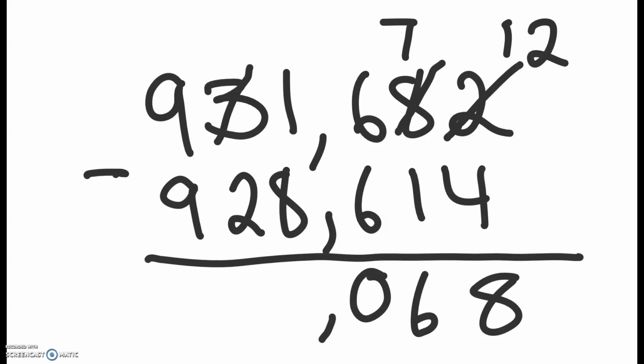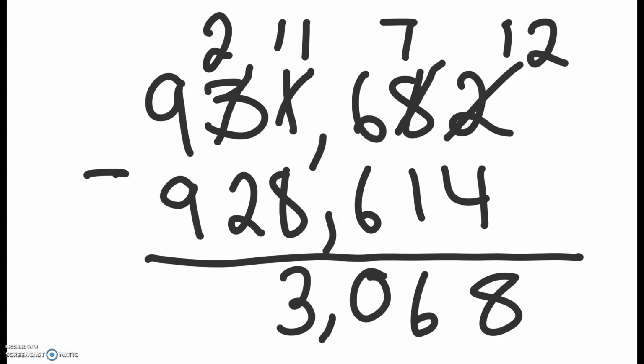This 3 now becomes a 2. This 1 we regroup 10, so that 1 now becomes an 11. 11 minus 8 gives us 3. Now we can do 2 minus 2, which is 0. 9 minus 9, which gives us 0. So our final answer is